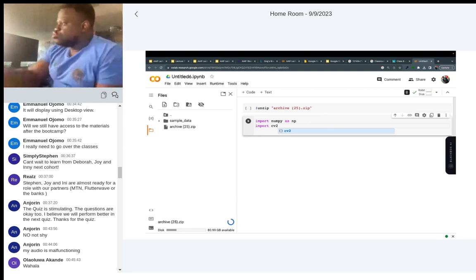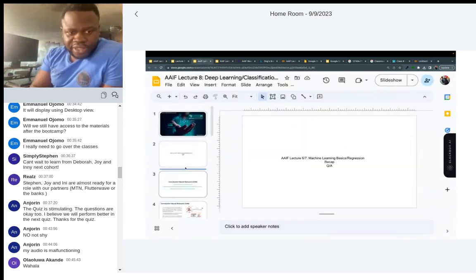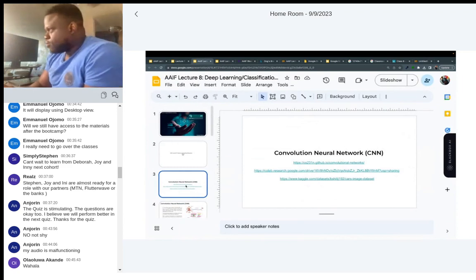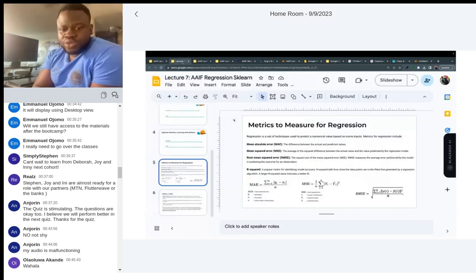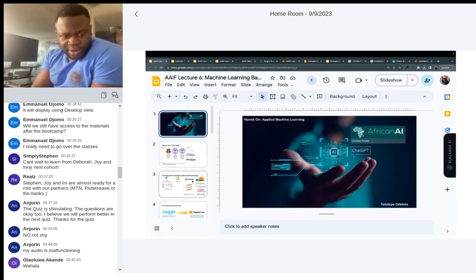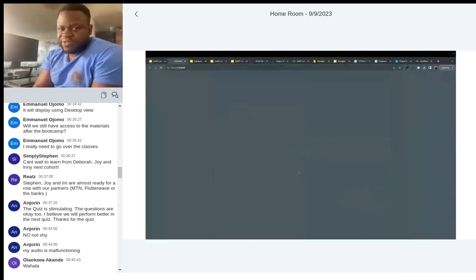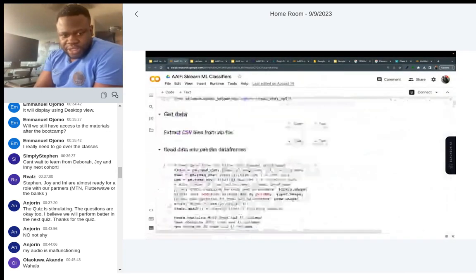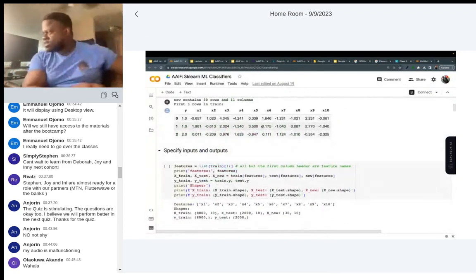Now, CV2 helps you read the images, and then we're going to use a convolution neural network. That was lecture 8. We didn't have that information. That's why I said if you notice deep learning classification, it was convolution neural network because it's images. In subsequent lectures where we were doing pandas, we were always dealing with CSV files. So CSV files, numbers, sklearn, data frame, stuff like that.